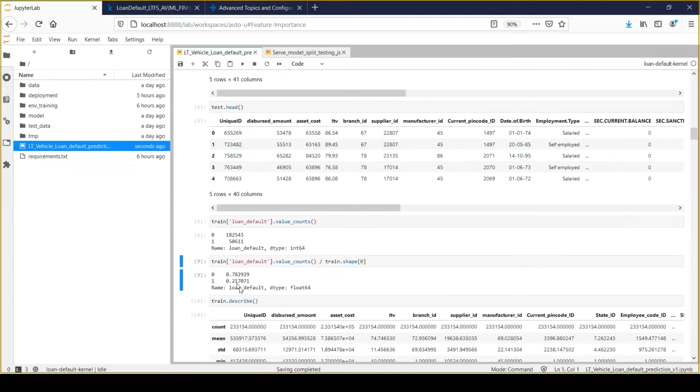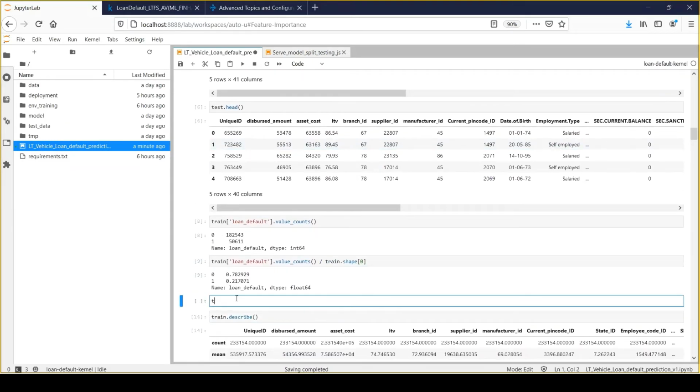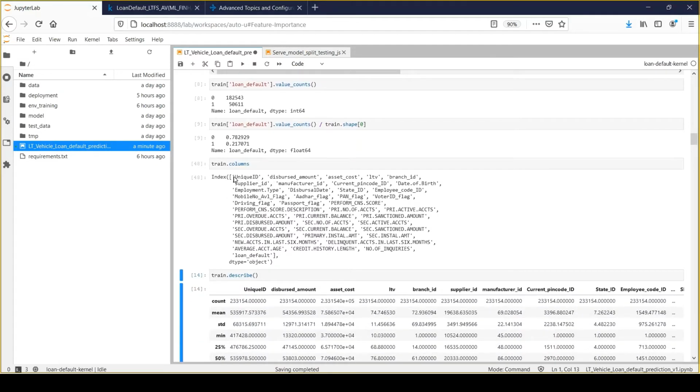And after that, let's look at the different columns. Whatever columns we have in my training data, just run it, and you can see that it has different columns, right? So disbursed amount, asset code, LTV. Here you need to understand the business meaning of each and every field so that you can make a decision on what type of column that is and what its meaning is from a business perspective, because that would be very handy during your feature cleaning or feature transformation activity, and we'll see that work in this notebook.